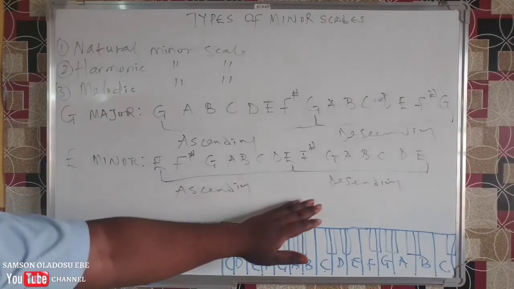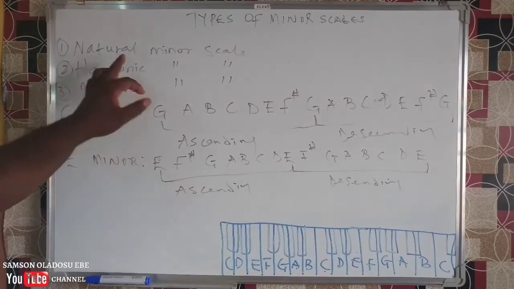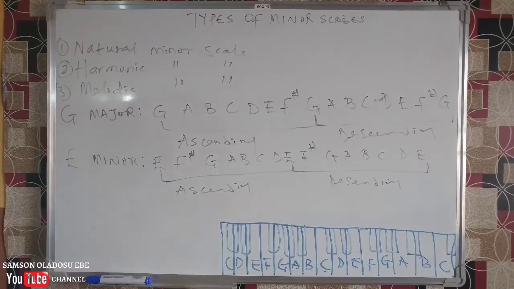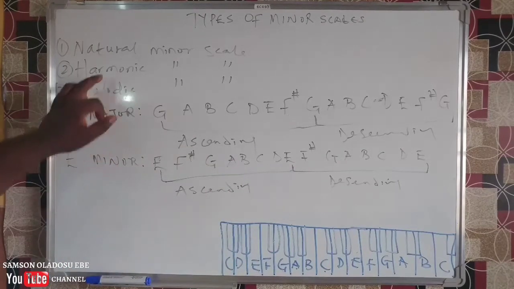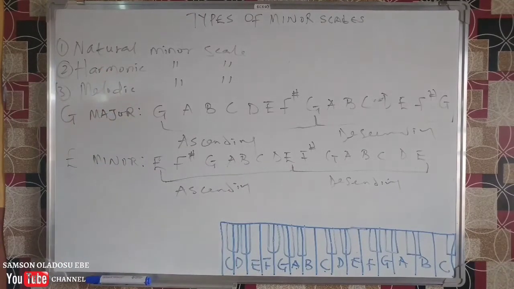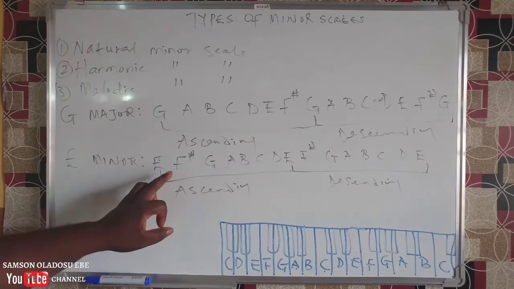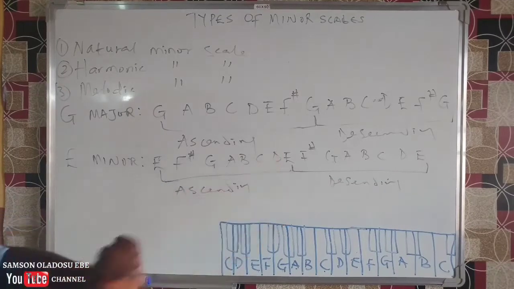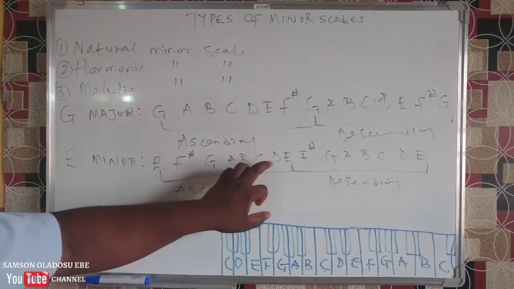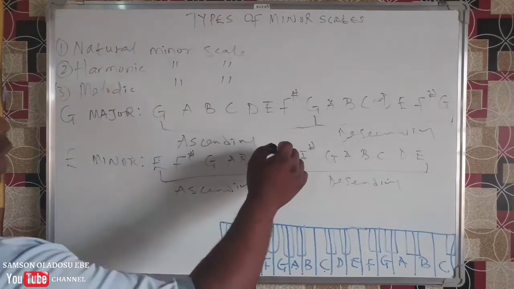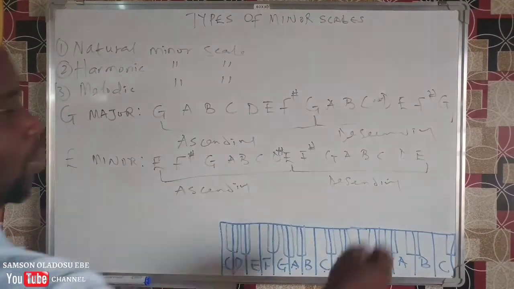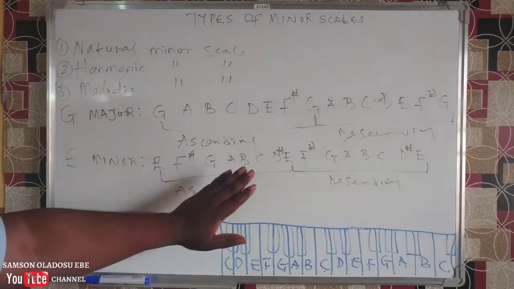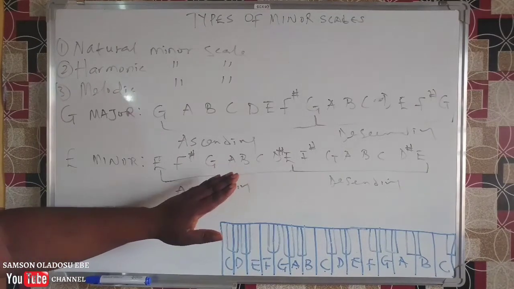This scale that you have seen here is the E minor natural scale. Okay? Now, to make this E minor harmonic scale, what you would do is raise the 7th. The 7th in E minor will be D. If I'm correct, 1, 2, 3, 4, 5, 6, 7. Yes. So you're going to raise D by placing a sharp here, and the sharp will still remain here while you are descending. Okay? So this makes it E minor harmonic